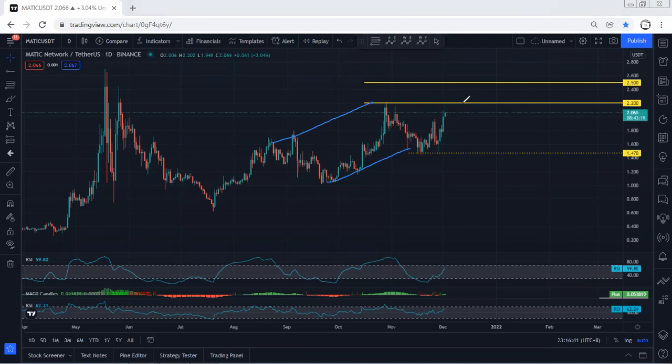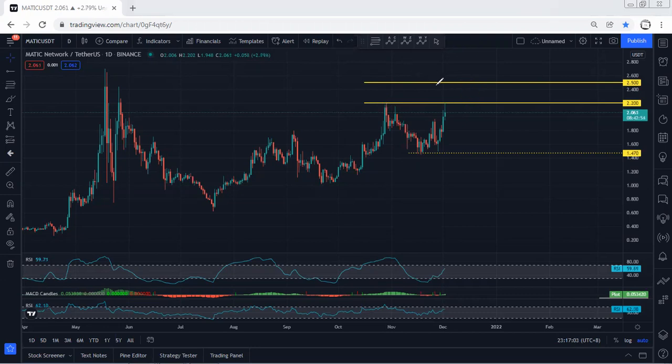But one thing I need to highlight here: if the price couldn't break the previous top, for the next drop, we should know about this. And at that time, you can expect this one to turn to a flat before we get the next move. We are not looking for the down. We are not looking for the drop, but we have to see the breakout of the previous top. That's why the breakout of this zone, which is 2.2 followed by 2.5, is quite